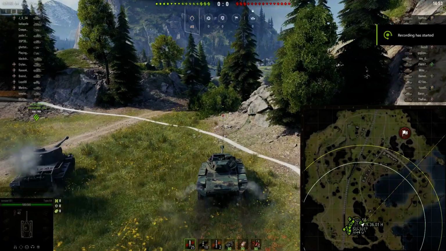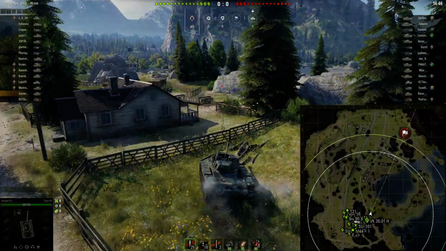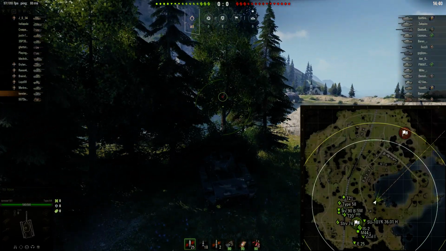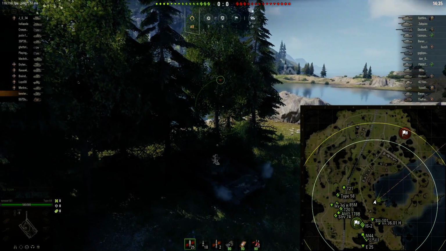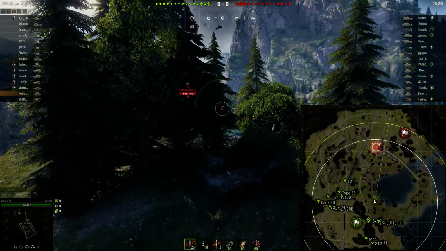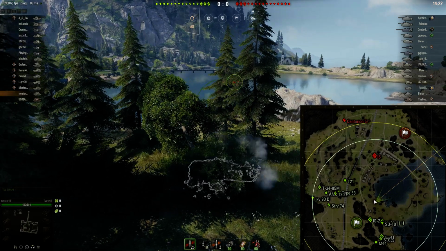This time we are in bottom tier in our Type 64 and we are on Serene Coast. And this is a position that I really like to go to at the beginning to pick up some lights. Doesn't necessarily give you a lot of free damage. It can if you pull back from the bush, but for me, especially bottom tier, info is the best idea, you know. So trying to create a little bit of a nest here, sometimes that can attract arty fire,